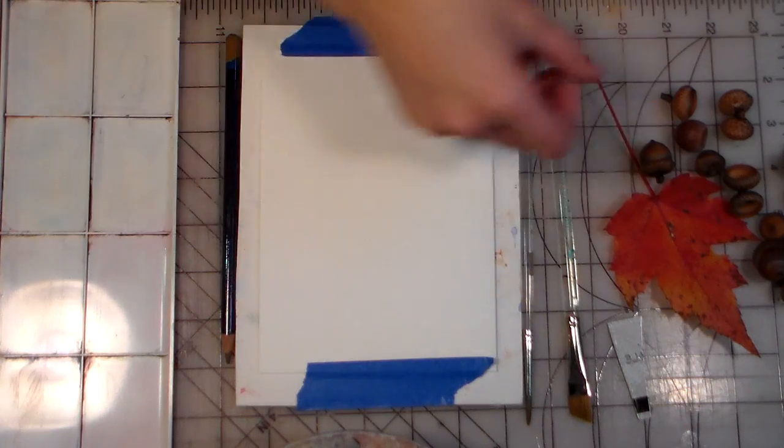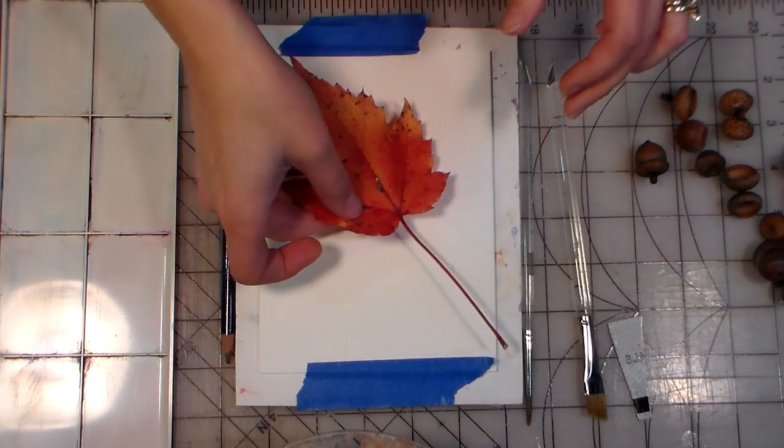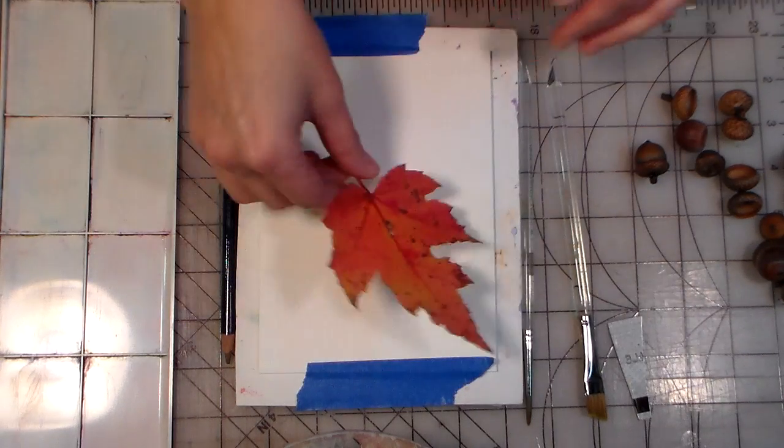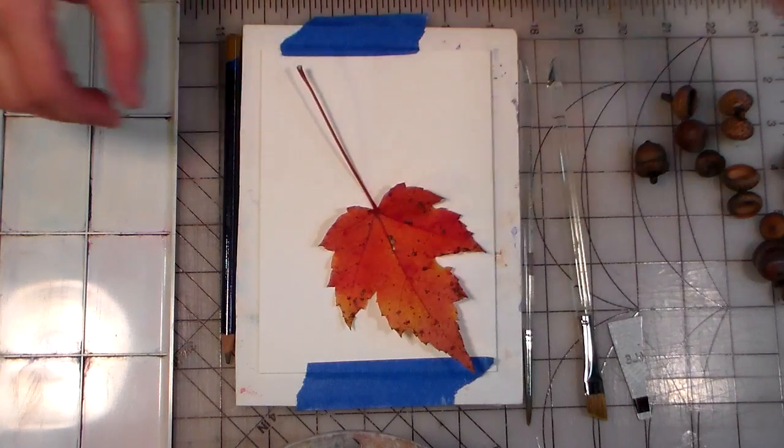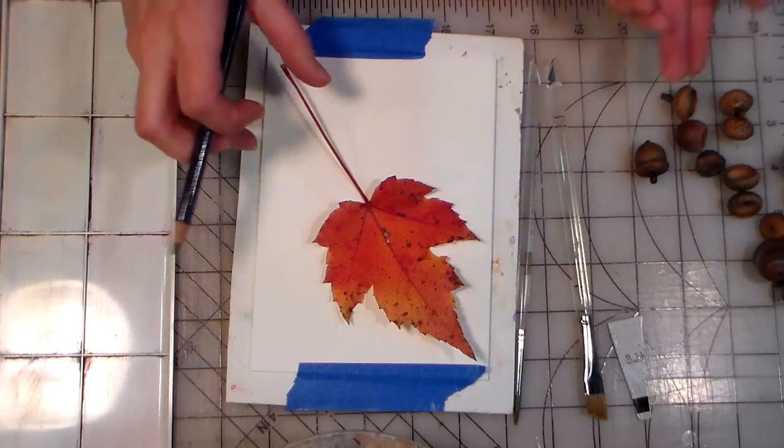Lindsay here, the Frugal Crafter, and I got a request from YouTube viewer Tiffany who asked me if I could do the leaf tutorial with traditional paints, watercolor paints. So I said sure, and what we're going to do here, I just grabbed a leaf from my front yard